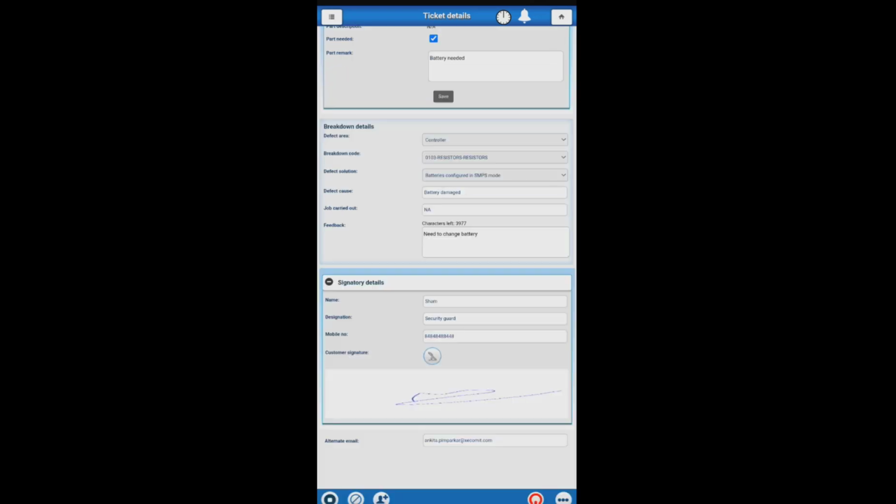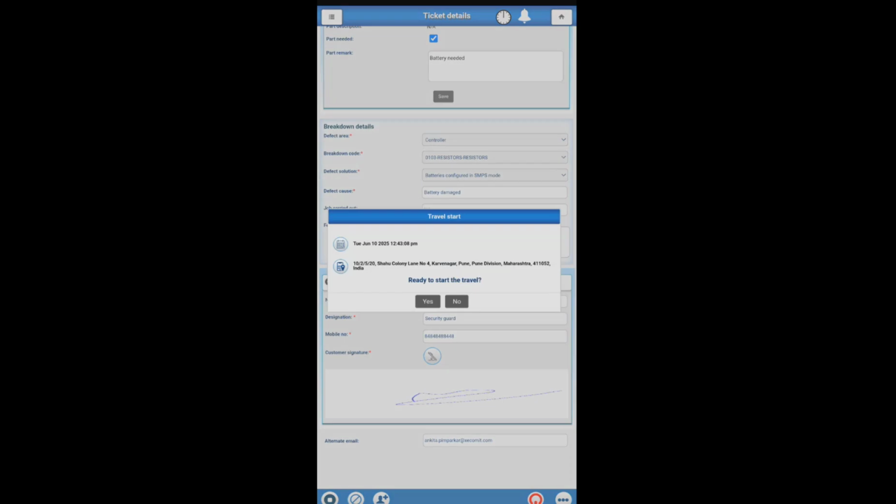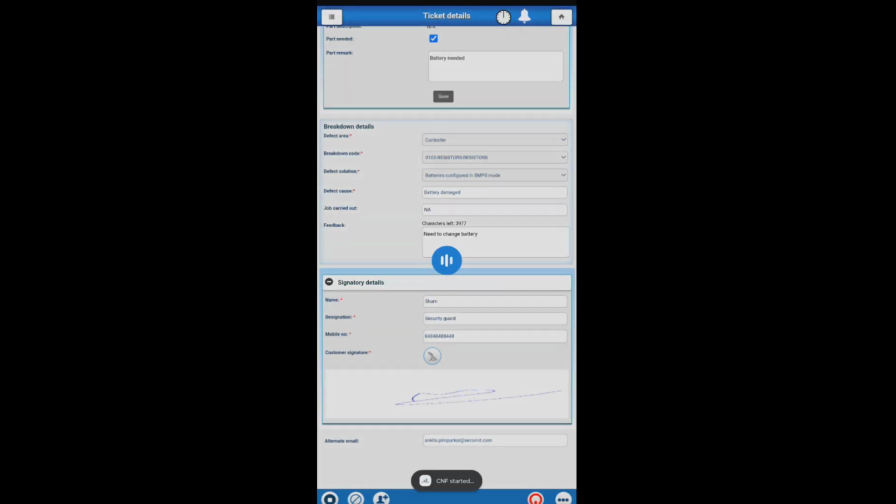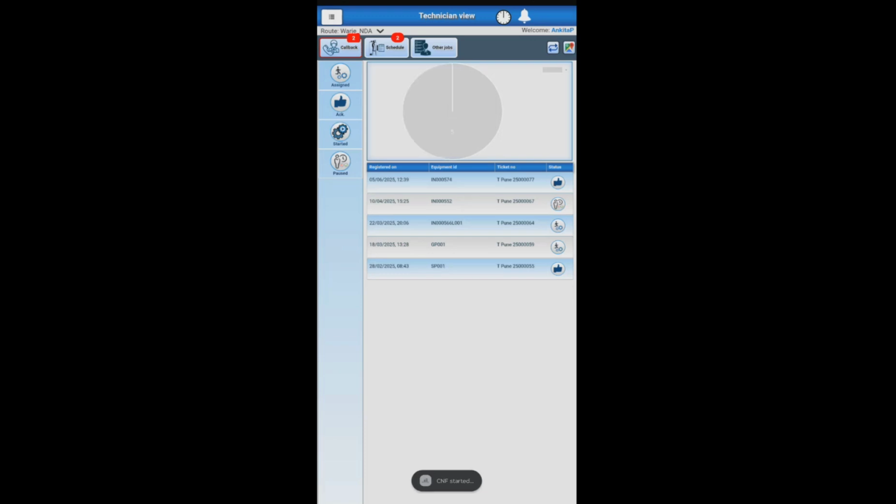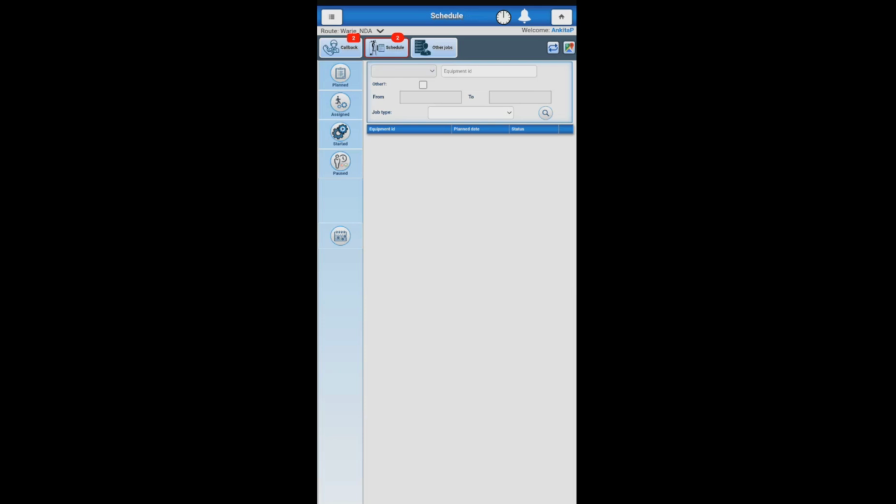And if you want to pause for this particular ticket, then you can pause and then start the ticket again by entering all the details. And if you want to end this ticket, click on Final End. Ready to travel? If you want to start for next ticket, you can select yes. Like this, we can check all the activity related to callback tickets under the callback tab. Also, if you want to check for the regular service ticket, then